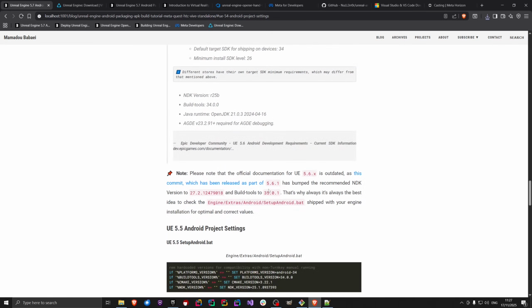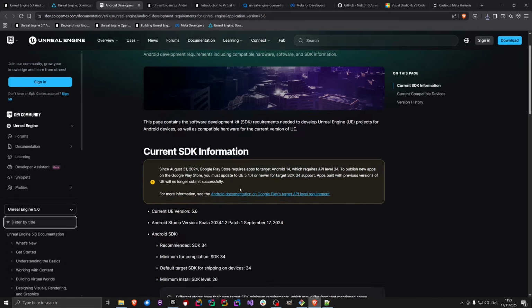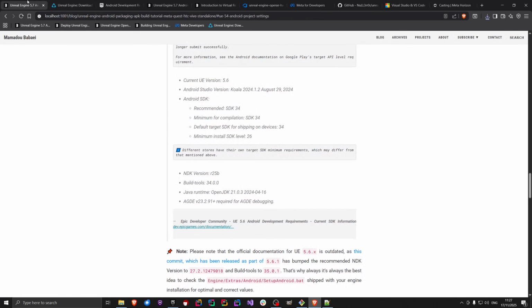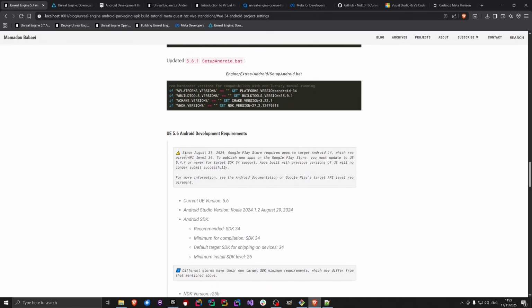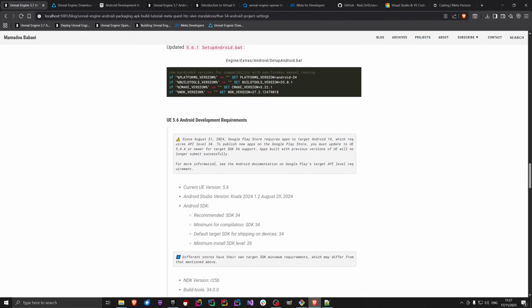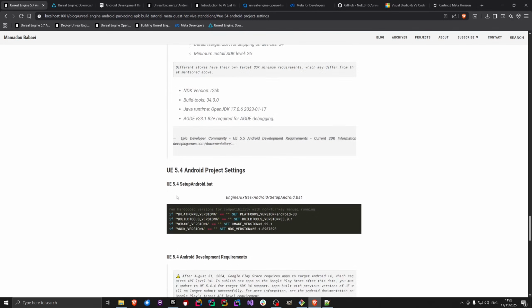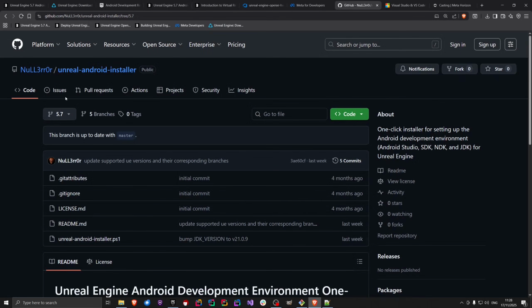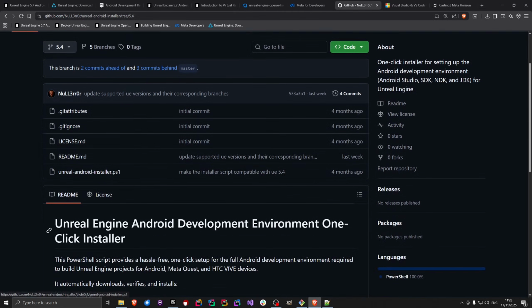As I said, I did it with the original Unreal Engine 5.6. If you click this link here, where is it? Here. You see they have updated it to 27C, because Unreal Engine 5.6, the initial release, was similar to 5.5 and 5.4. But anyways, we can basically go to the script here, switch to branch 5.4, download this and